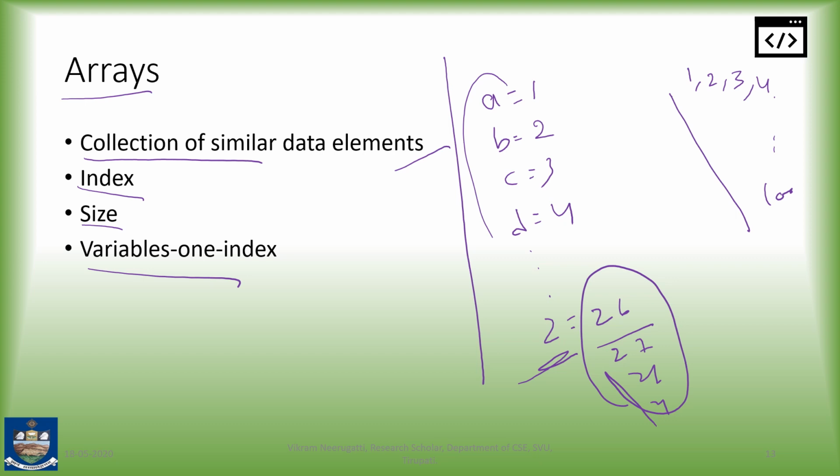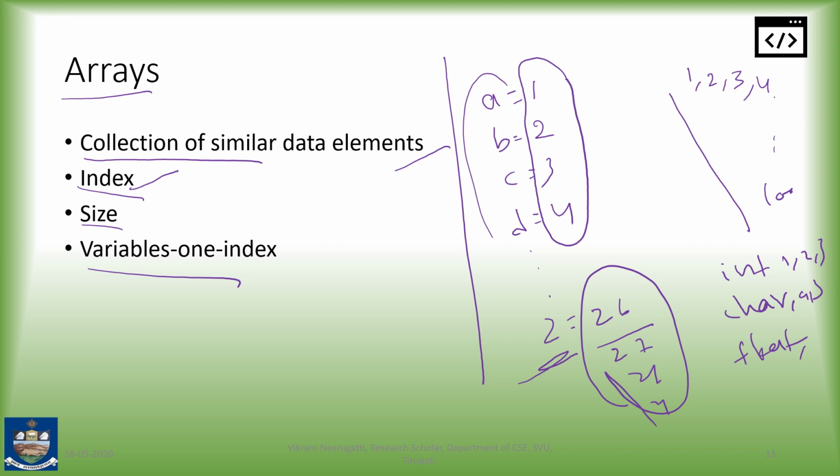With the help of the concept of indexing, but it should be similar data elements. As we see in data types, it may be int, char, float. Integer may be 1, 2, 3, char may be a, b or symbols, floating values may be decimal numbers like 2.3, 4.3. If the data is the same, as in my example where it is integer data, at that time I can use arrays. So an array is a collection of similar data elements. So the data should be the same.